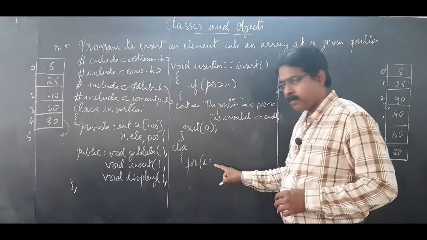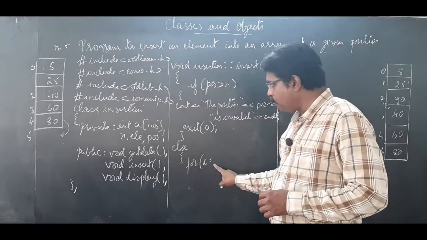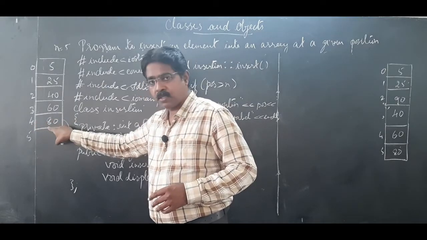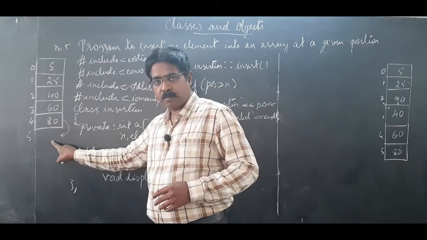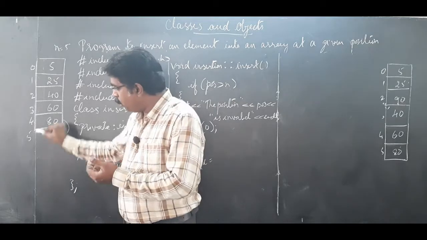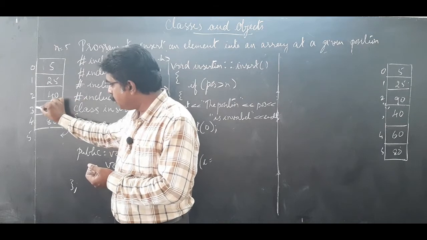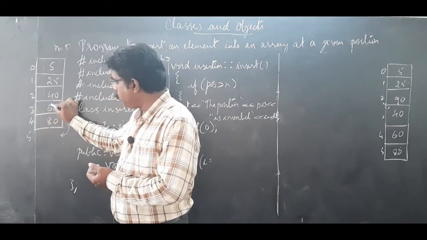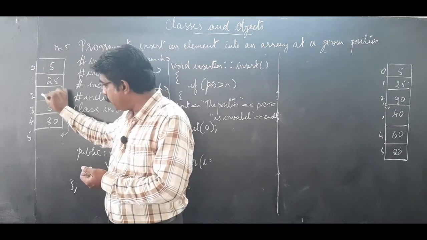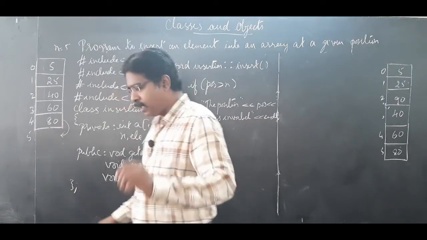When I want to shift the elements in an array, I will be using this for loop. For i equals, which is the shifting point, 4. So I need to take the fourth index and then shift it to the next. When I move on to the next, rather than saying 5, what we say is 4 plus 1. If I want to shift 60, 3 plus 1. Then if I want to shift 40 to the next position, which is in the second index, so 2 plus 1. The 1 becomes constant. So shifting from the last position will be something like this.